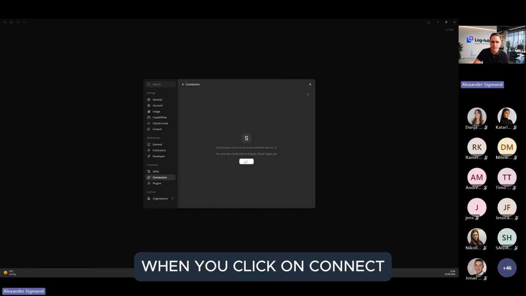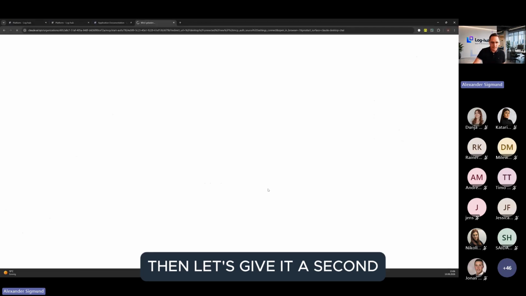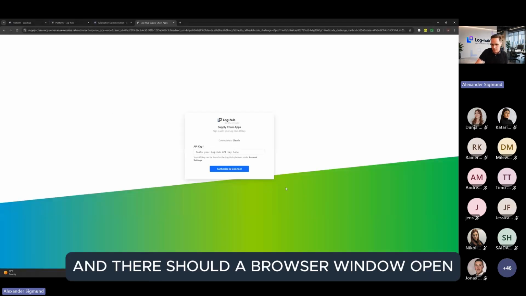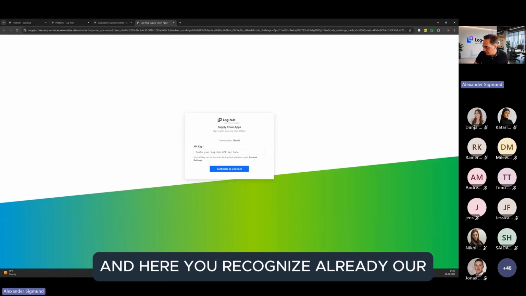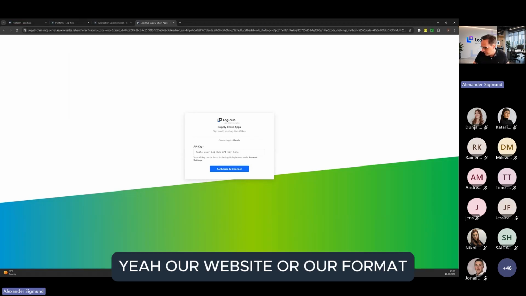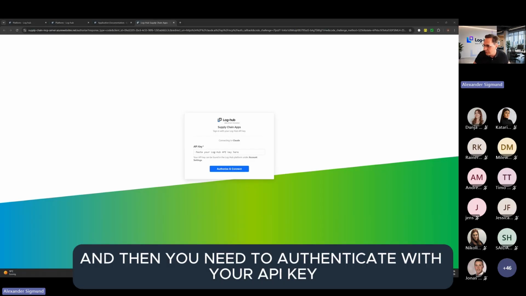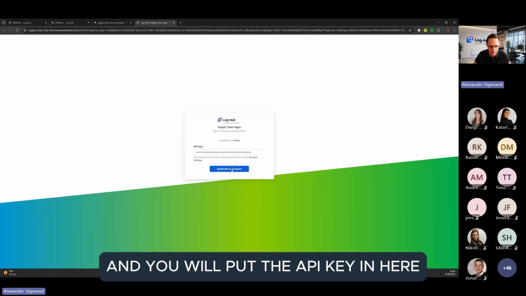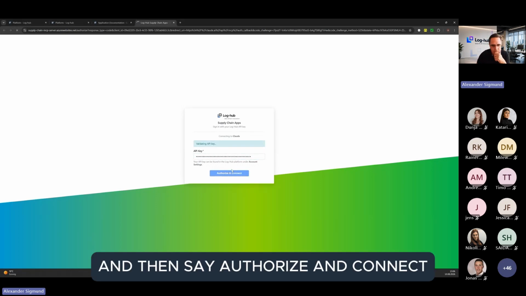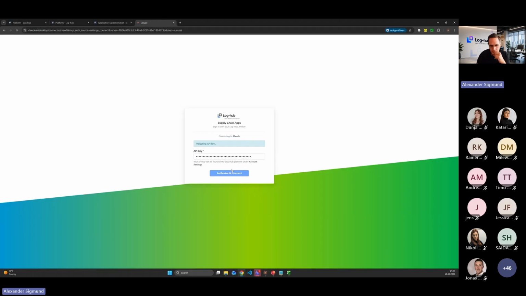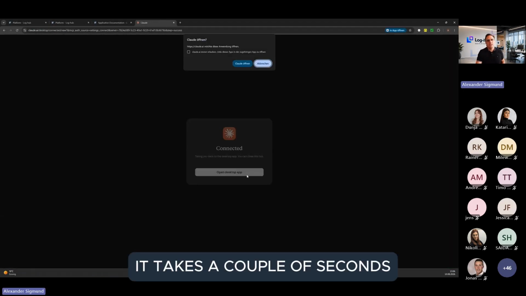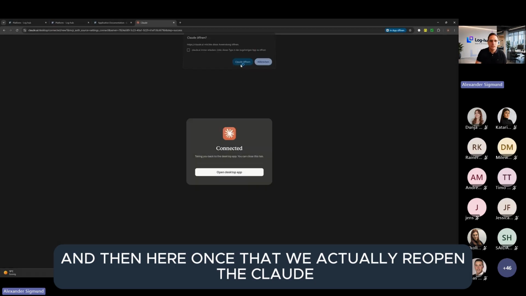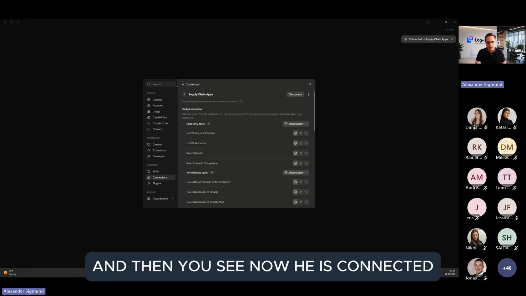When you click on connect, let's give it a second, and there should be a browser window opening. And here you already recognize our website or our format. Then you need to authenticate with your API key, right? With the Lockup API key. You put the API key in here and then say authorize and connect. It takes a couple of seconds, and then it wants us to actually reopen Claude, and then you see